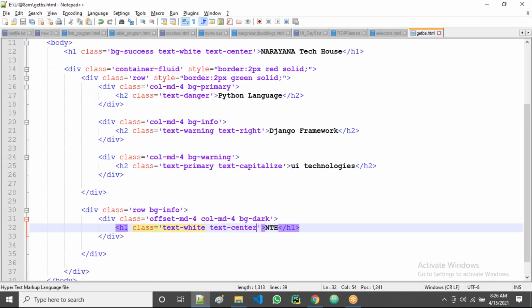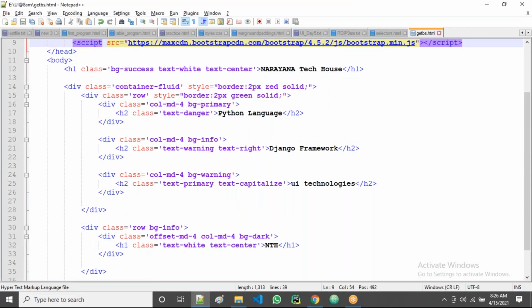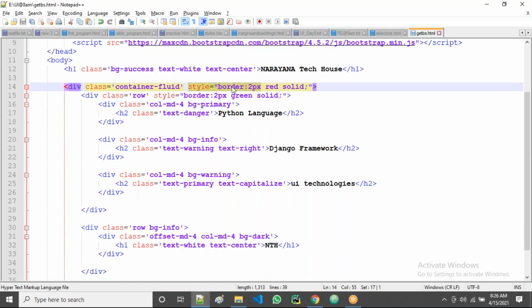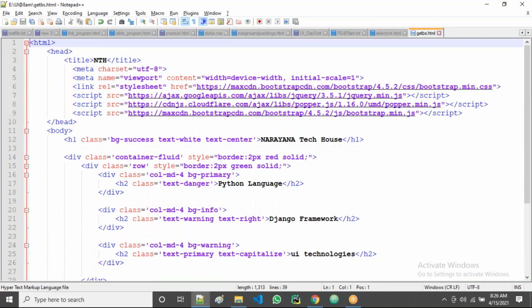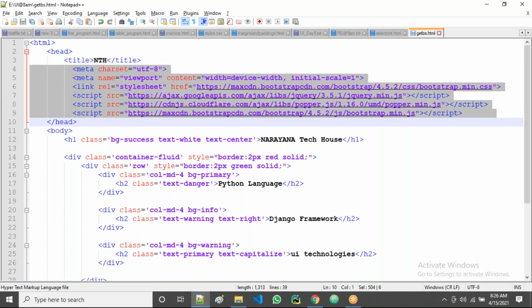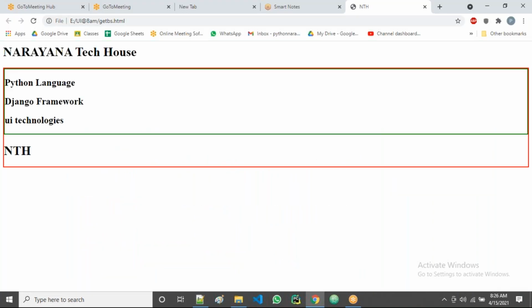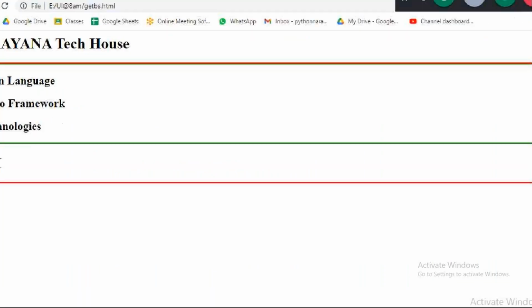Now in this case we try to use more number of classes, guys, and we don't have styles for the background colors. Here styles are there for border purpose, guys. This style is for border purpose, okay. And for colors we don't have any styles. Now let us see here. I remove these Bootstrap lines. Let's go there and see the output, guys. Now all of you observe here.